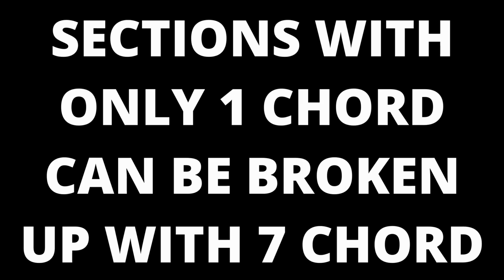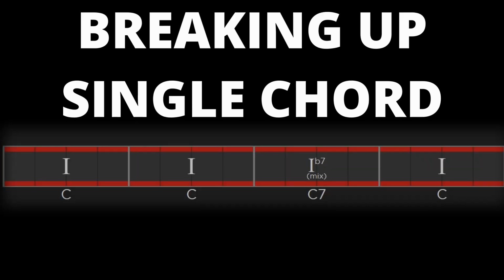If you have a chord progression that stays on 1, 4, or 5 for some time, you can go to a dominant 7 to make it feel less settled and add interest. For example, using the 1 dominant 7,